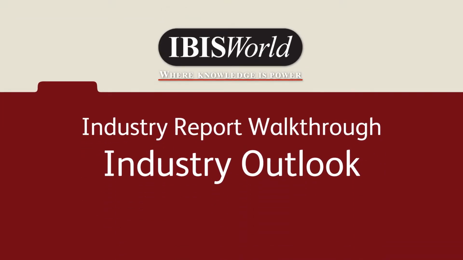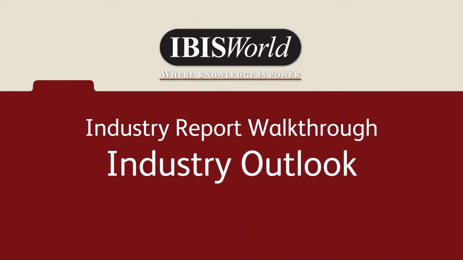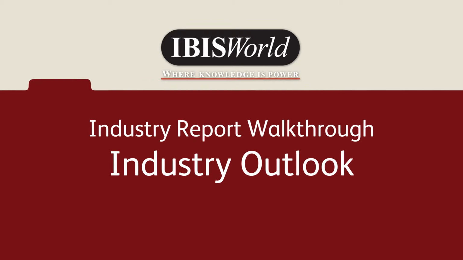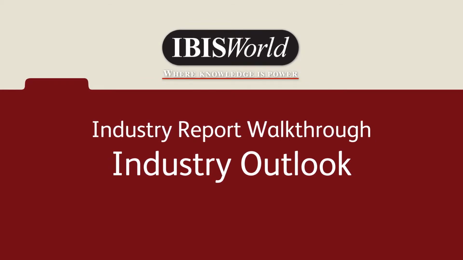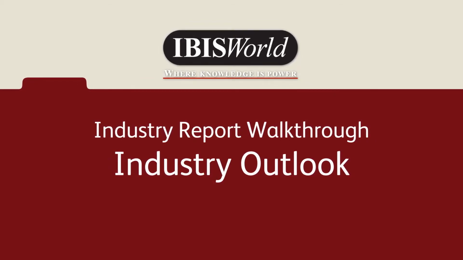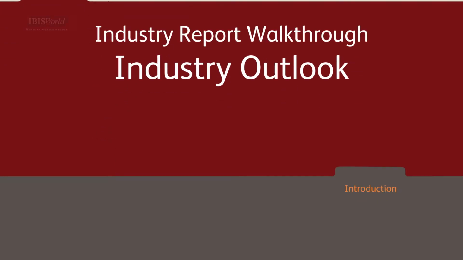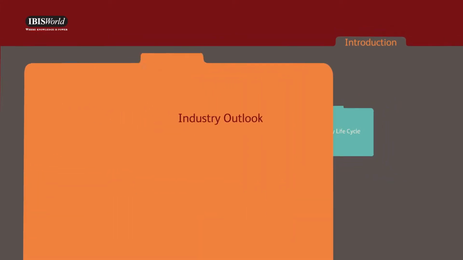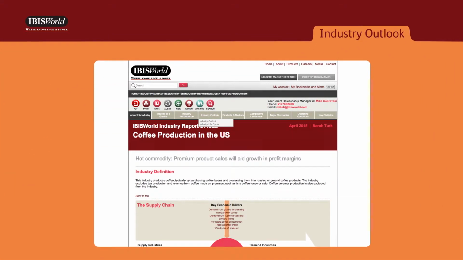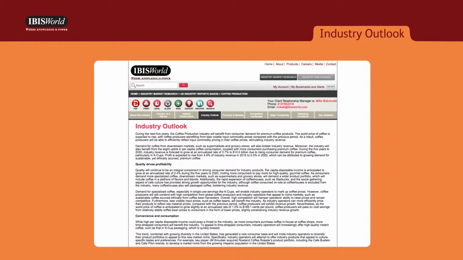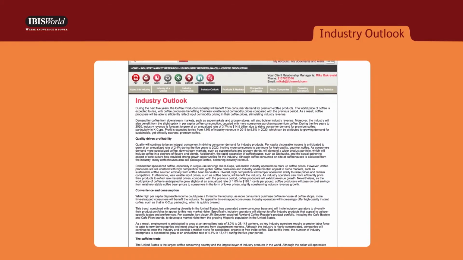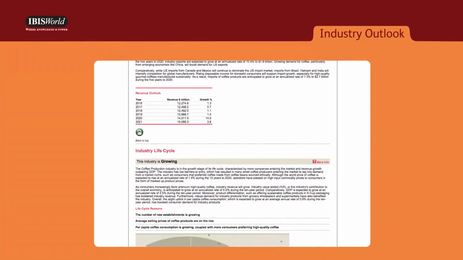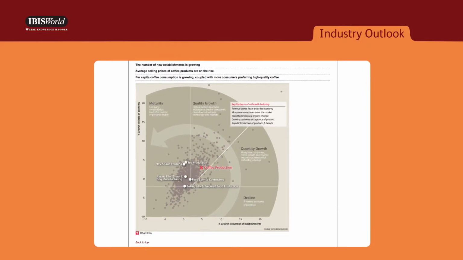The Industry Outlook chapter provides insight on forecasted changes in the key statistics, events, and themes to affect industry performance over the next 5 years. It also highlights the industry's current stage in its life cycle and what that means for its operators. This chapter includes forecast and analysis on the next 5-year period, as well as key events and trends expected to affect future industry and operator performance.